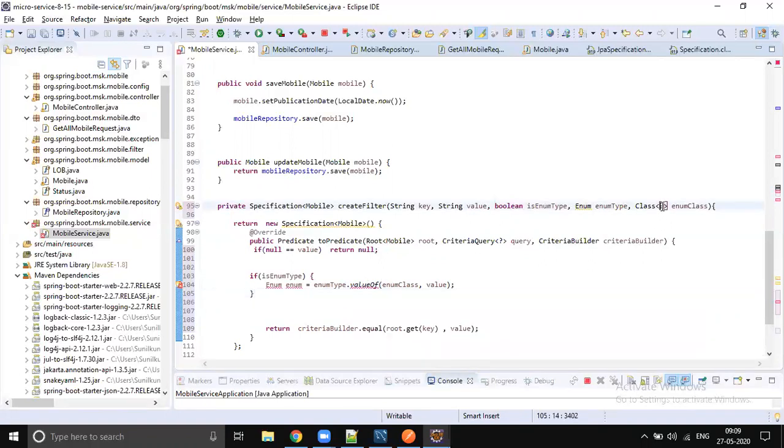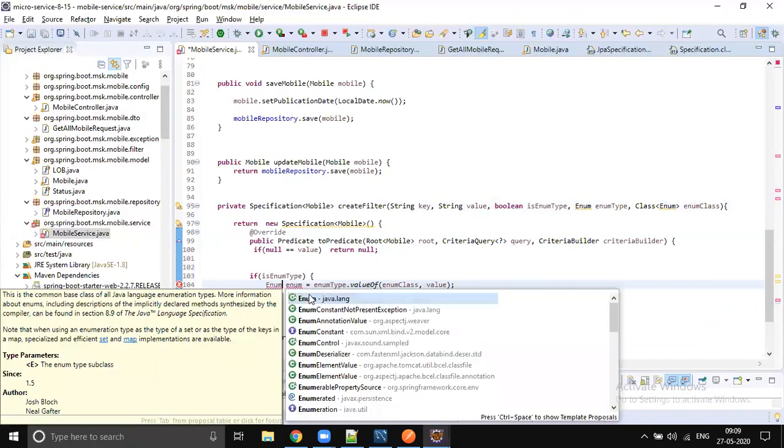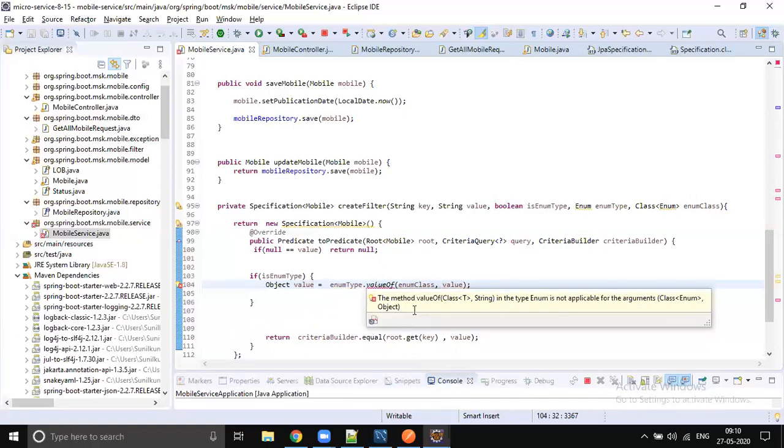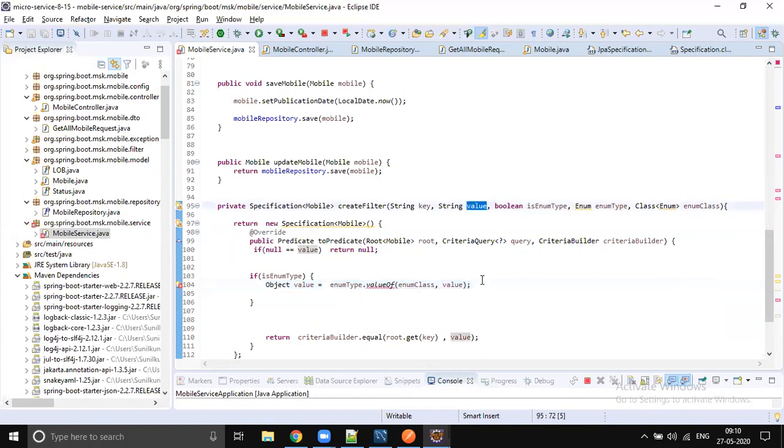Can we use an instance of? Type is important. What is the problem? You will get that actual enum type object created. So object value equals, we are passing the string.